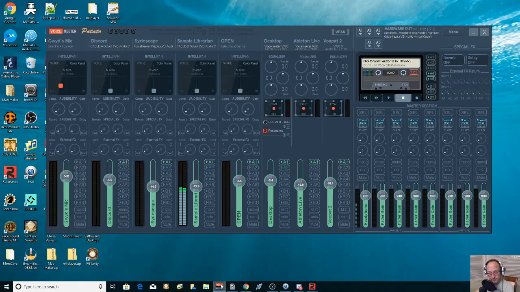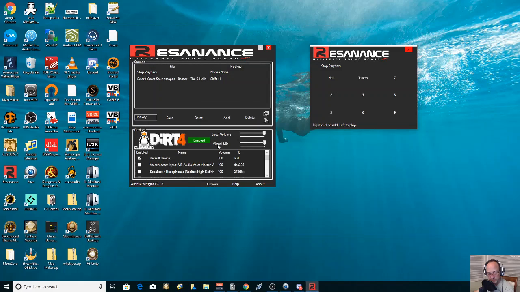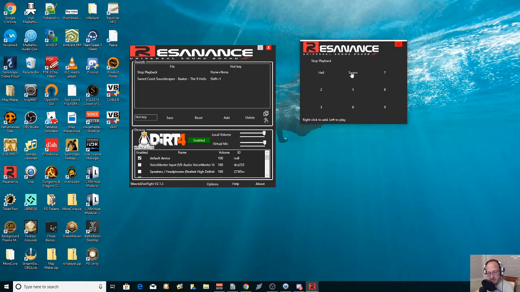I think it already restarted, but I'll restart the audio engine. And now it's going through cable D. So it still shows here, which is interesting. I think that's just a remnant, but it's going through cable D. So this is a pretty cool free program that if you just set it up and just don't do kind of how it tells you, but just install it, and you can come in, you can set a bunch of